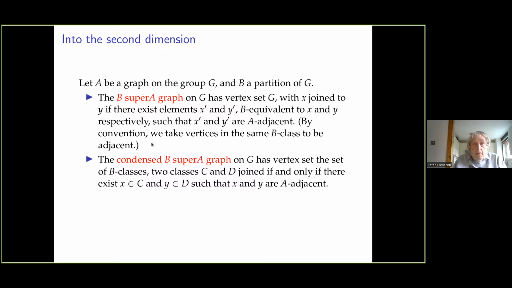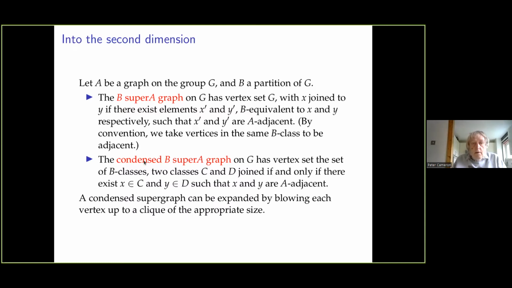So in this first part of the talk, I will use just the B super A graph because I want to compare these different graphs. So I want them all to have the same vertex set. The vertex set in each of these graphs is G. But later on, I will do this shrinking down to equivalence classes and tell you about an interesting result that we got in that case. Okay,